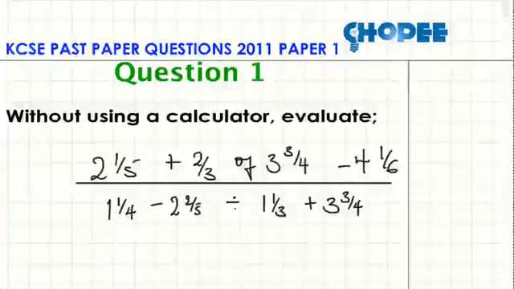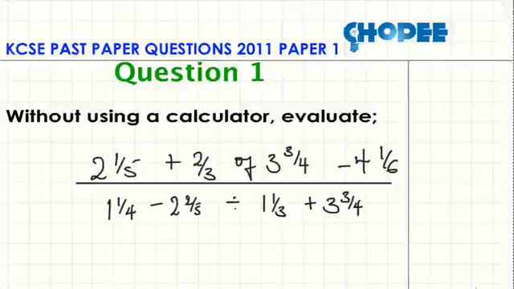In this tutorial, we are going to review the KCSE past paper questions of the year 2011, and we'll begin with paper 1. So, question 1, we are given, without using a calculator, evaluate. Given such a question, the main principle that one needs to know in order to solve this kind of question is what we refer to as BODMAS,